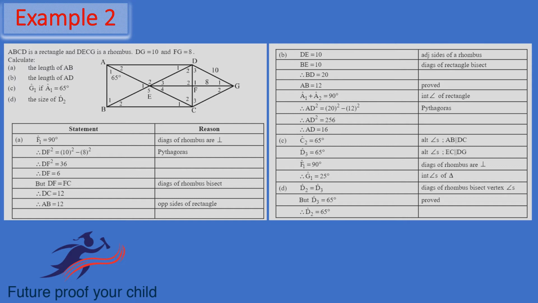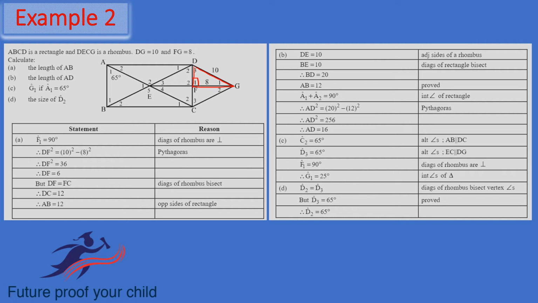Now I know that F1 is 90 degrees. And the reason I know that is because the diagonals of a rhombus are perpendicular. So I can say DF squared equals 10 squared minus 8 squared. I work inside this little triangle over here, and that will be Pythagoras. So 10 squared minus 8 squared is 36. And remember, to get rid of the square, you take the square root, and the square root of 36 is